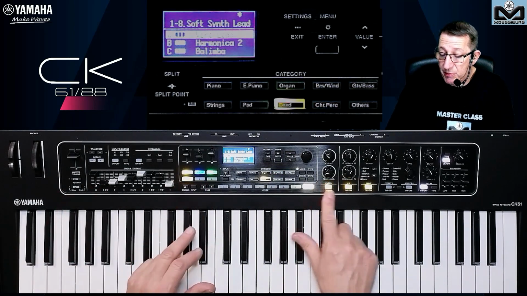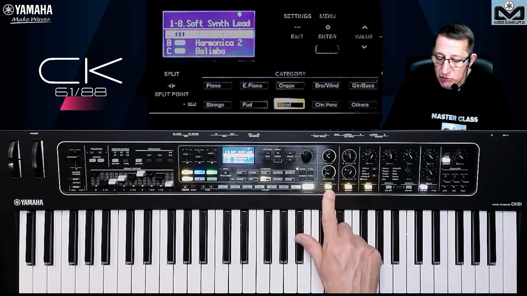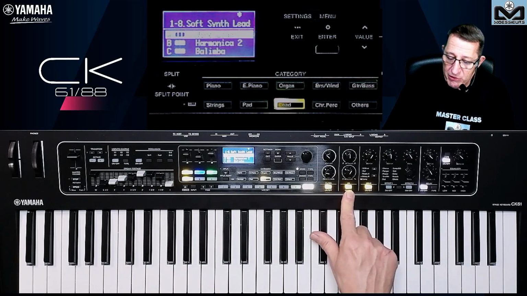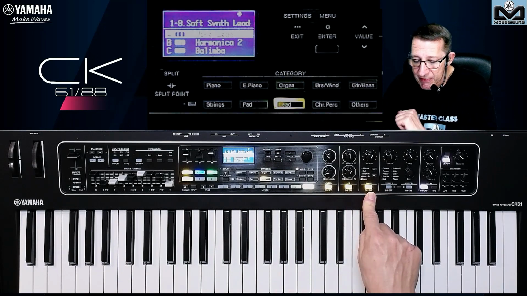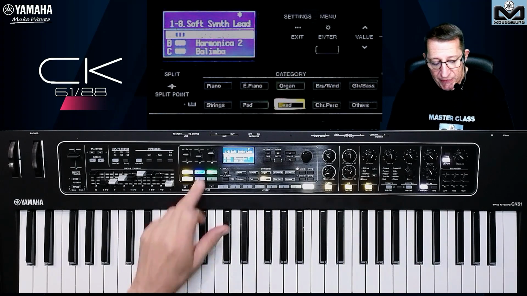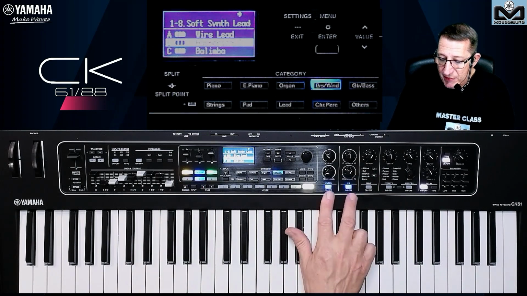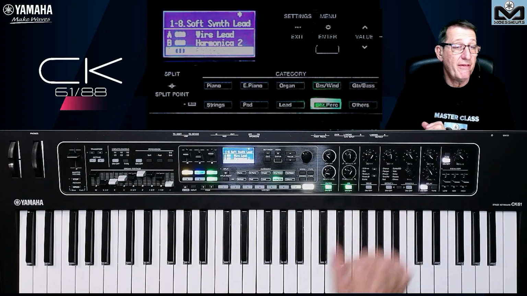And it's very important about this. Because here I know that the part A uses a filter, the envelope generator, and the first effect, the insert effect, the compressor here on the drive. And if I go to the B, I know that they use the filter and envelope generator, but not the effect, and this one, not the effect too.